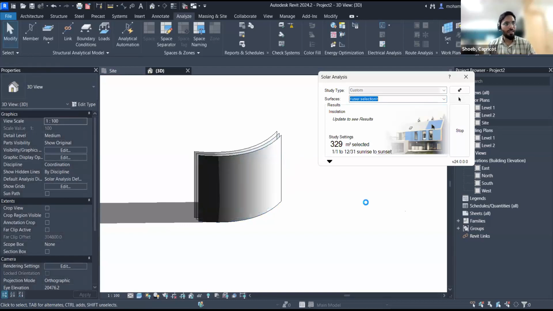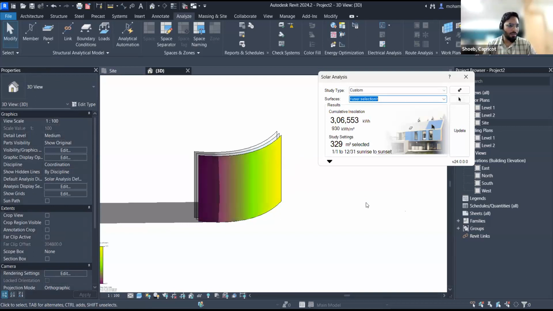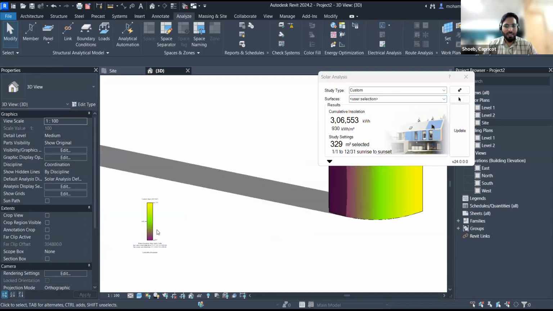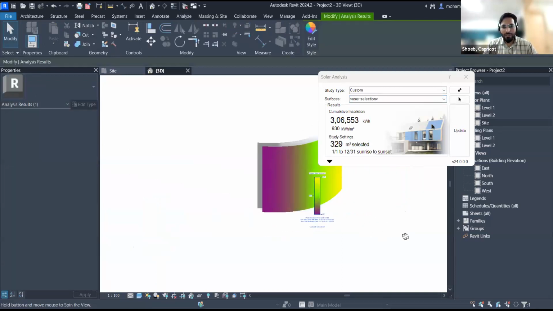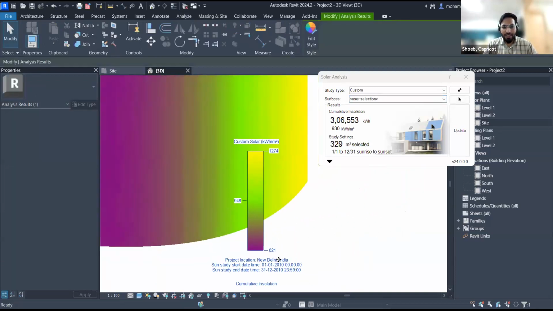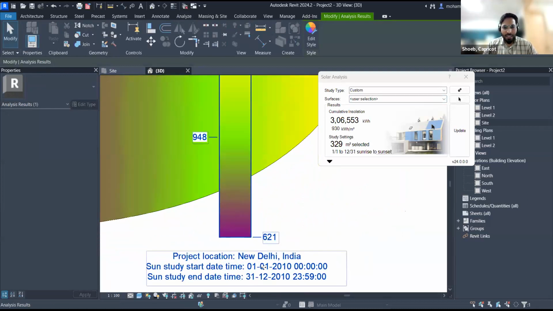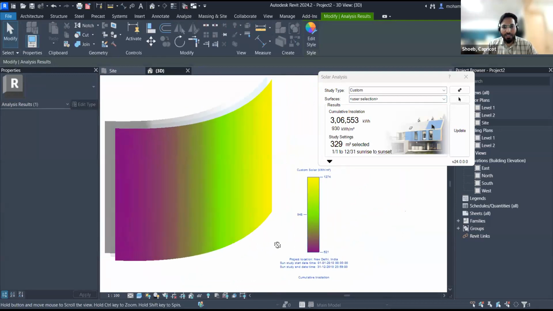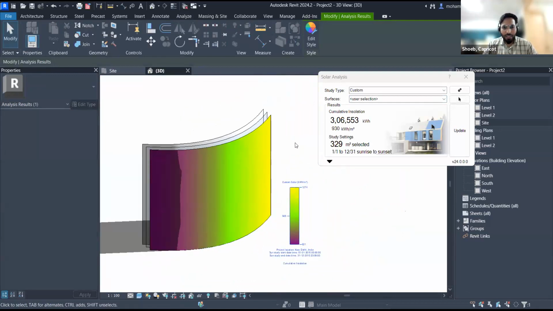So it takes some settings. And as you may notice in this case, this is the output we got. All the shadows are quite long. But anyways, now the location is New Delhi. Date and time of the sun is given, right? And in this case, I'm getting more solar radiation from the right side, and on the left side, I'm getting lesser solar radiation. And accordingly, we can decide